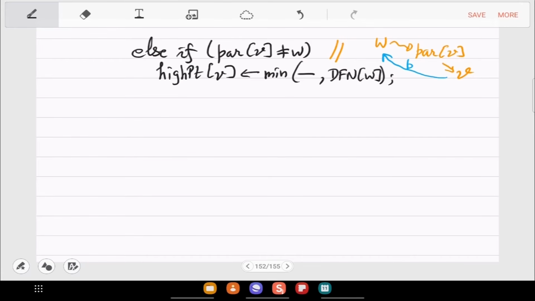So for back edge, we have to actually go above parent, because parent and V already have an edge. So just that boundary condition is being checked. Otherwise, this is just a back edge check and then you update high point V accordingly. So if the current value of high point V is not good, DFN W is further up, then the update will happen. Okay, you are improving on high point.